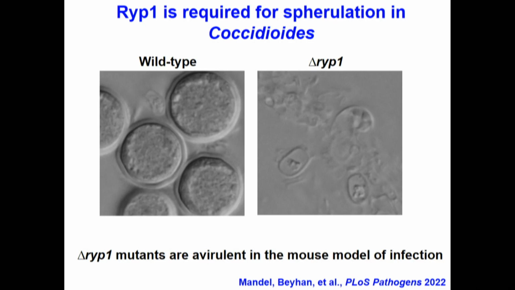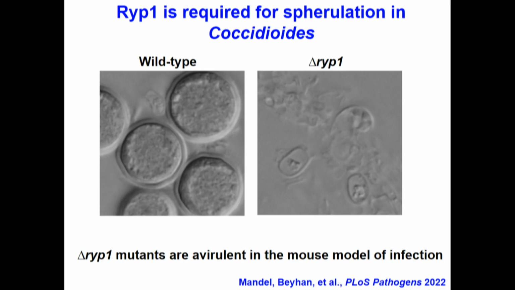We had identified a transcription factor in a different thermally dimorphic fungal pathogen, Histoplasma, that you heard a little bit about earlier today, called RYP1. And RYP1 is important for the transition of that fungus, Histoplasma, from the soil form into the host form. And so